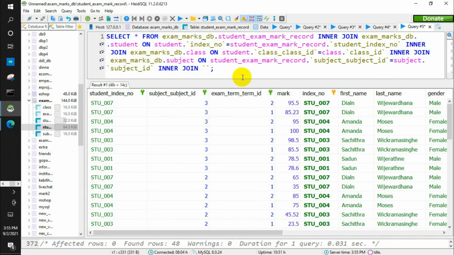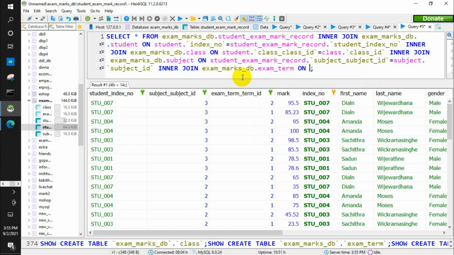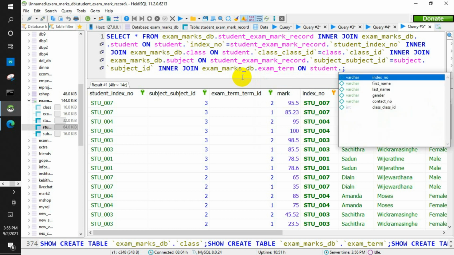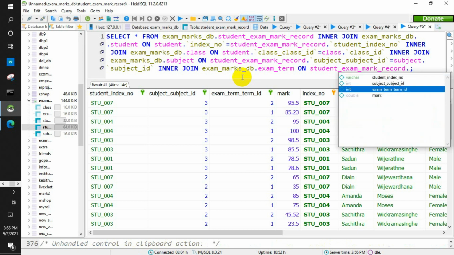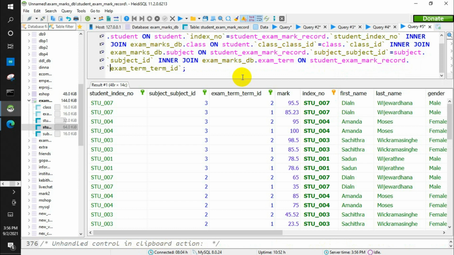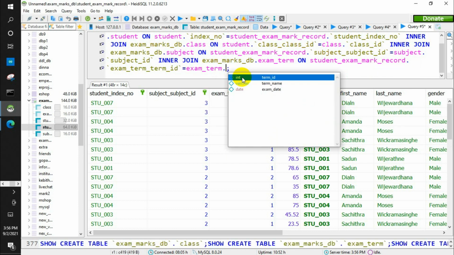Inner join this, we must mention the database exam_marks_db.exam term table on the condition: the term ID of the marks table should equal the term ID of the exam term table.